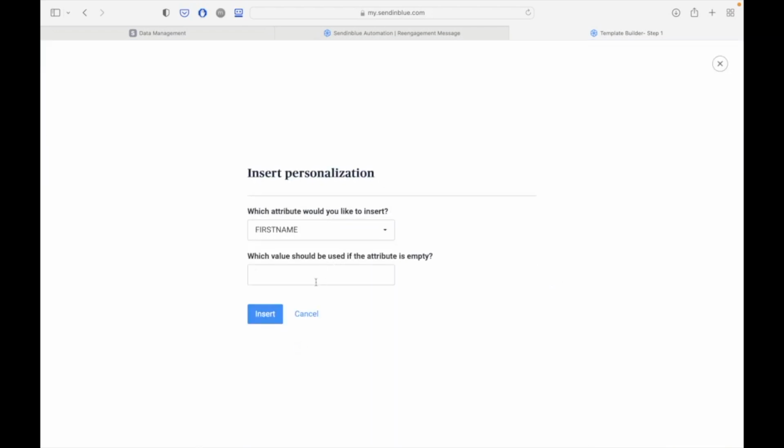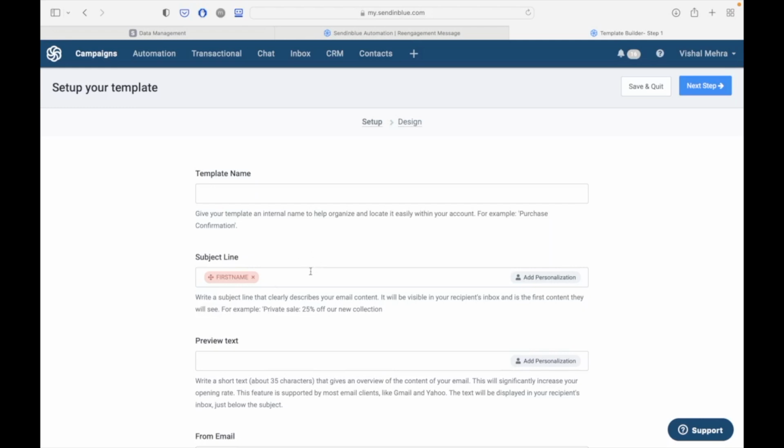Use the first name as an attribute. You should not be having a database without the first name and the last name of your customer. If you do, then that database is not going to be of much value to you. So customize the subject line by putting in the first name and whatever is the re-engagement message you want to